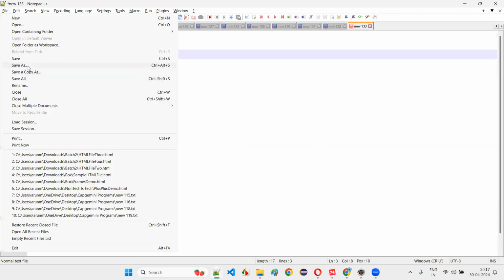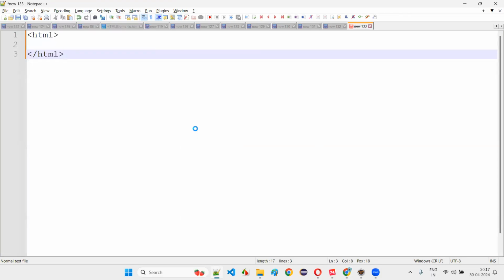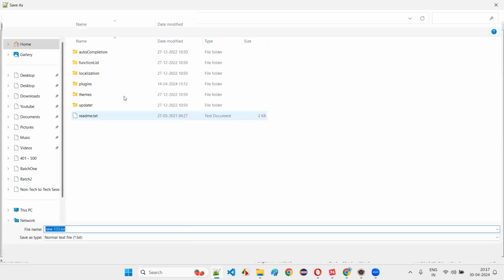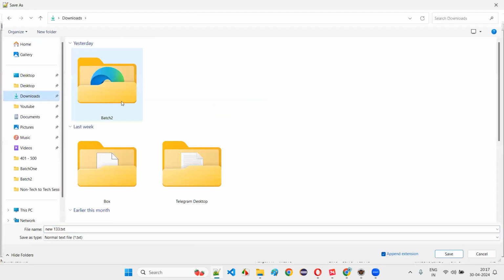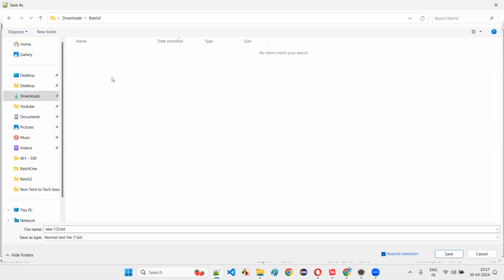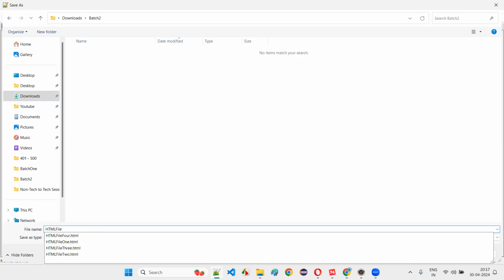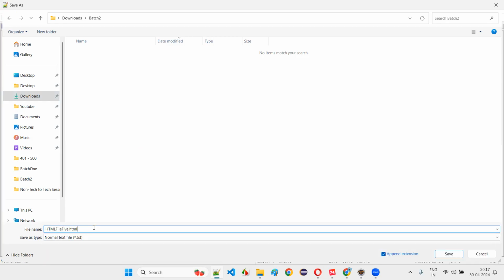I'll save it as, go to the downloads folder, any location in your machine for batch 2. I created a lot of files yesterday. Similarly, I'll create HTML file 5, I'll say .html.